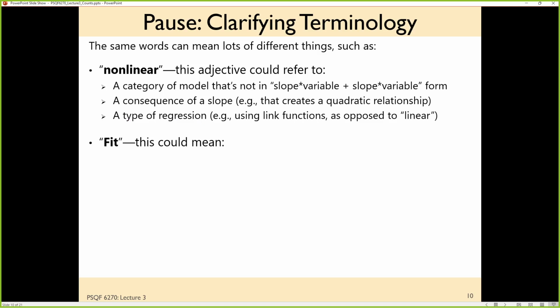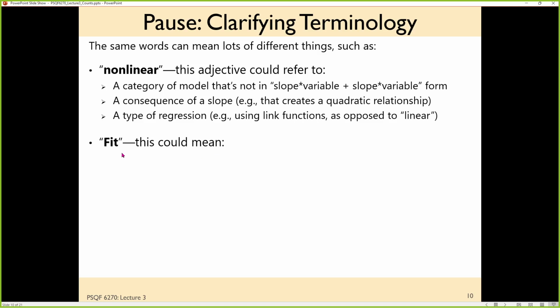So if you think about the term linear regression, have you heard that term before, like general linear model or linear regression? What some people mean by that is an identity link function. Like it's linear, and it predicts the outcomes, and it stays that way. As opposed to a nonlinear regression, which is what we have, where we're predicting the logit, and that back translates into an S-shaped curve, or predicting the log, and that back translates into an exponential curve. So that word nonlinear means a whole bunch of things, and therefore nothing at all. It's very specific to context.